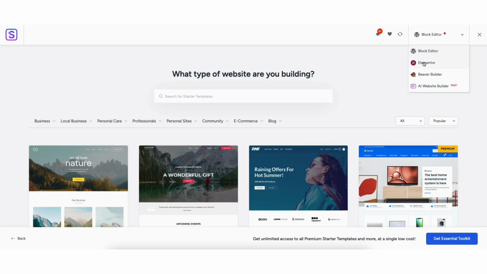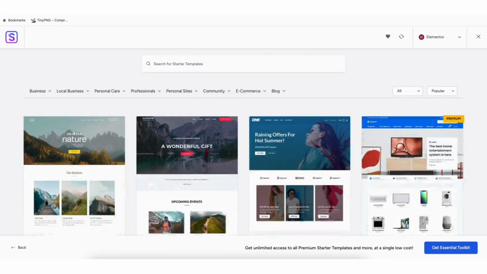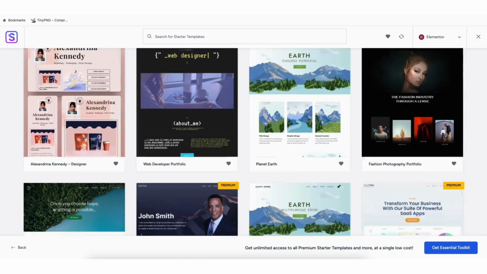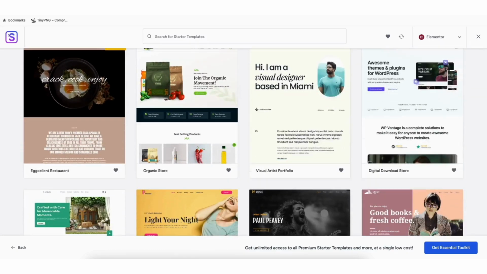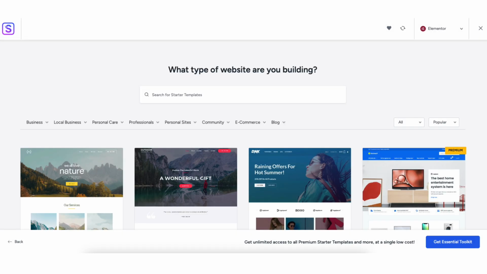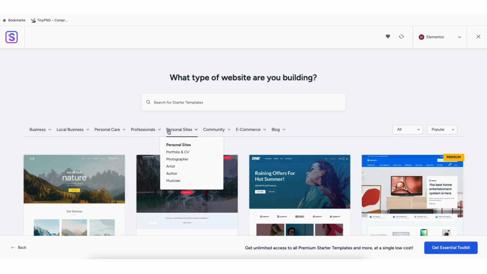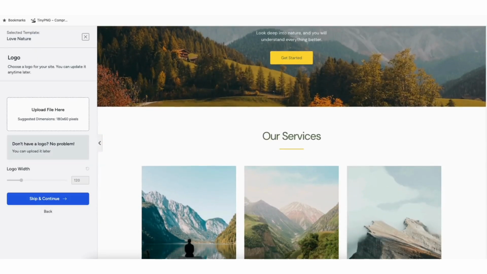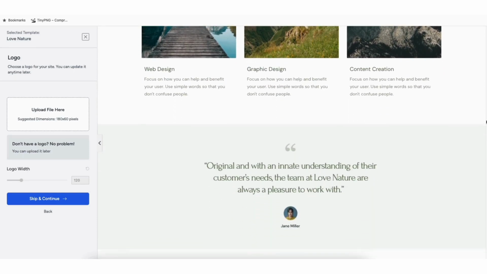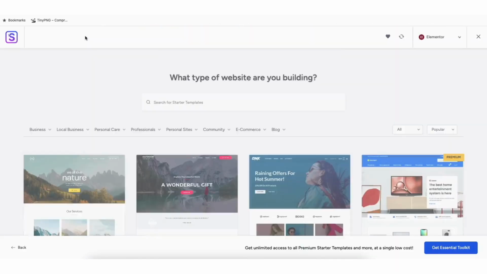the drop-down, select Elementor. It'll now showcase a bunch of WordPress themes you can build your site with using drag and drop. You can type in the type of website you want to create to pull up templates based on that. You'll see a bunch of categories you can hover over and select to build your site. If you click a theme, it'll show you what it will look like so you can preview it. Click the X button to go back to the themes page.